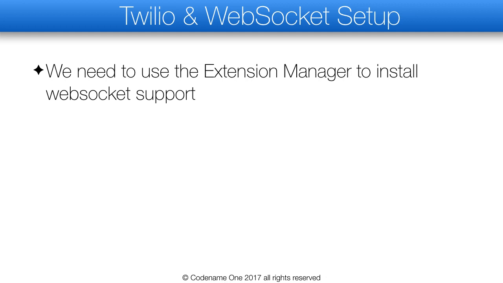First, we need to add the WebSocket's CN1 lib from the extension manager. This is pretty simple to do if you already added a CN1 lib before. Next, we need to sign up to Twilio.com as developers. They have a free trial account. Notice we don't need to install support for the Twilio lib since we already installed the SMS activation CN1 lib